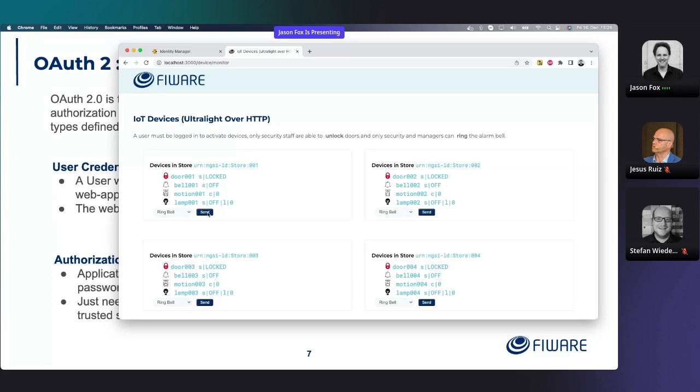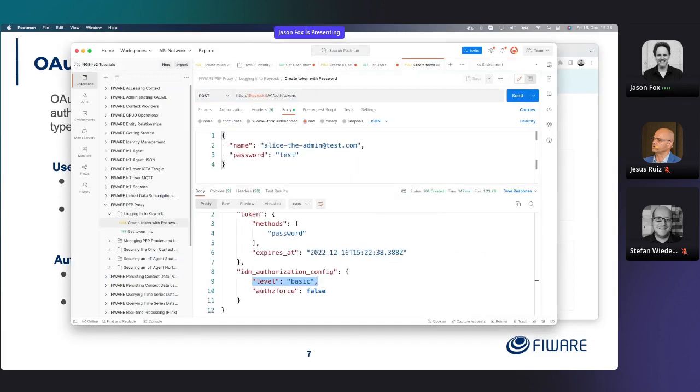And of course, it's not that this application understands this. It's being passed for adjudication by the PDP. In this case, the Keyrock is taking the role of the PDP as well to say, is this access allowed or denied? Looking at it in more detail,